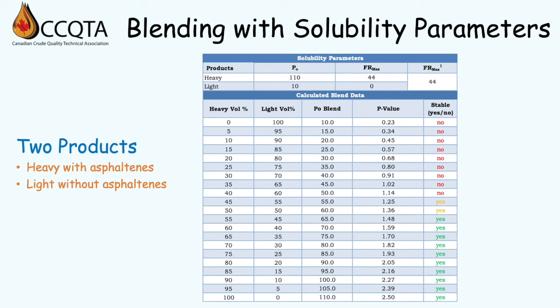This first example is of blending a heavy crude with a P0 of 110, an FR max of 44, with a light crude with a P0 of 10. The scales on the left indicate the volume percent of each crude in the overall blend. The P0 of the blend is calculated based on the volume ratio at each line. The FR max is the maximum of the individual crudes. Those values are used to establish the P value at each volume ratio. And note the right-hand column indicating the